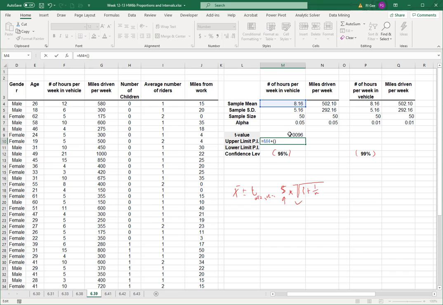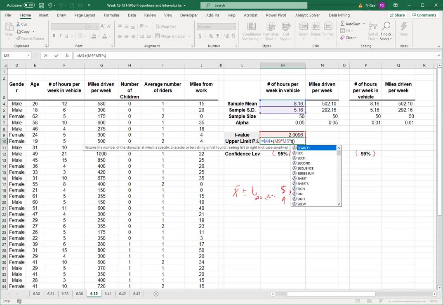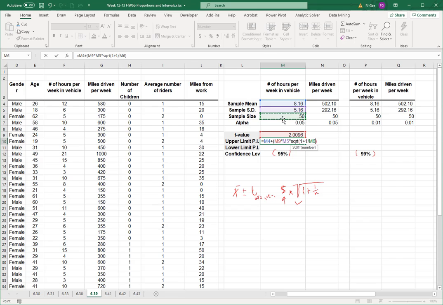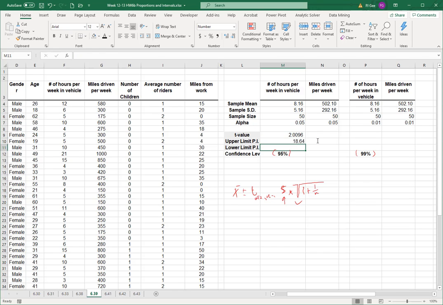So T times sample standard deviation times the square root of 1 plus 1 over n. There we go. I think our order of operations is all good there. Close it with our parentheses here. We get